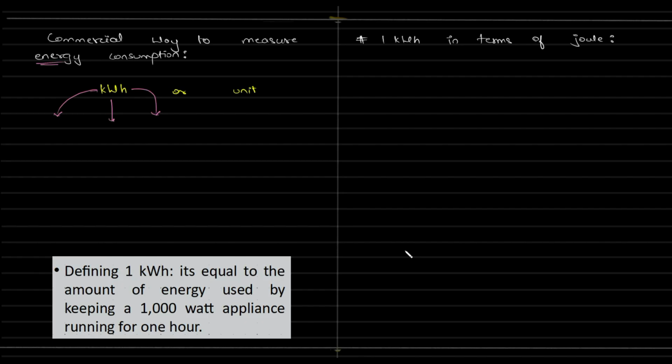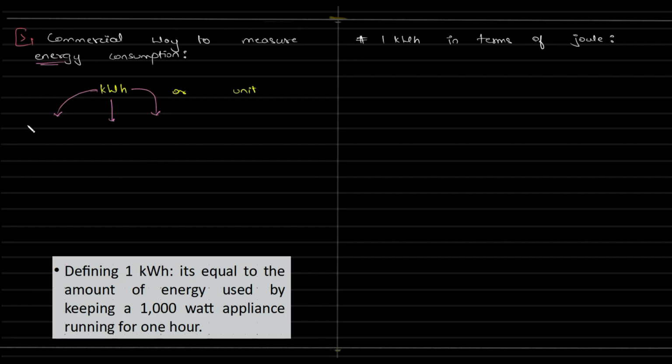Please don't get confused. Watt, yes, is related to power, but watt into hour is energy. It's not power. Okay? Watt is being multiplied with hour, so you need to understand that it is energy. The topic that we are discussing over here is kilowatt hour. So kilowatt hour is a commercial way of measuring energy consumption in your house or an industry, right?